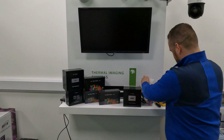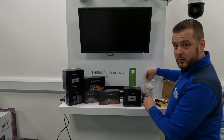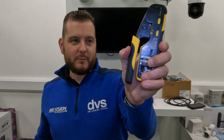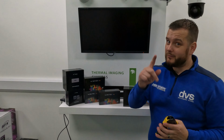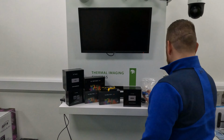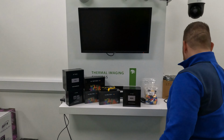I spilled these everywhere. So to save time and to make it not boring, I've pre-made a Cat 6 cable. We're using the Klein pass-through crimpers, so Cat 5, Cat 6 crimpers. Pass it through, cut it off, perfect cable every time, as long as you follow the colour code. That, I can tell you what to do. Oops. That's the one thing I can't make you do. And then obviously we've got coloured RJ45 glands. Of course,